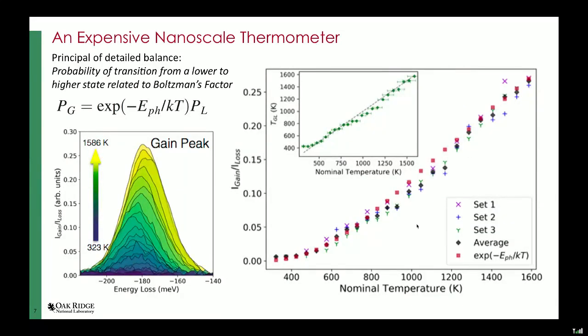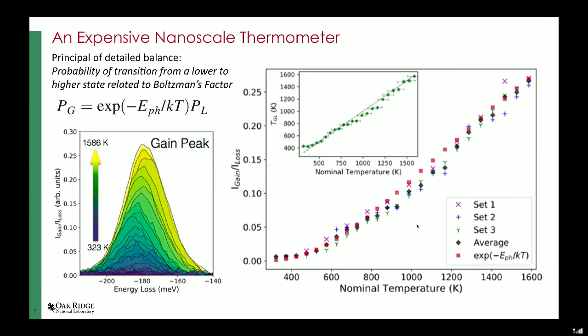Well, the local temperature can be measured purely from statistical principles, which relate to the probabilities of a transition from a lower to a higher energy state, and it's related to the Boltzmann factor. So simply by this equation and measuring the intensity ratio between the gain and loss peaks as a function of increasing temperature, we can determine how well we can determine the temperature accuracy in these microchip heating platforms with the